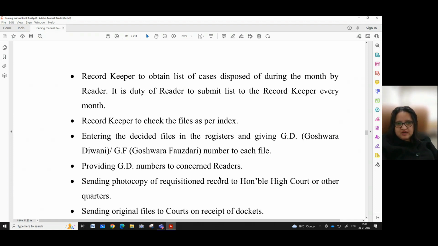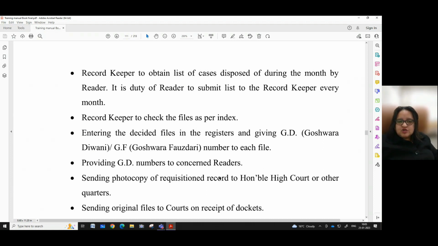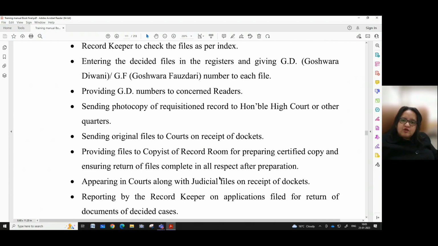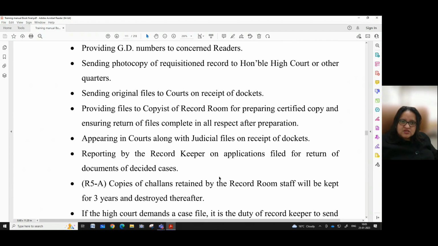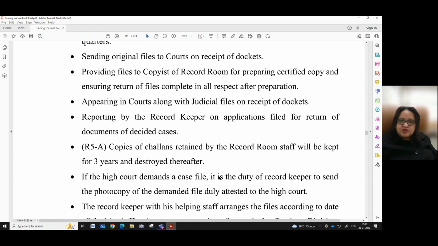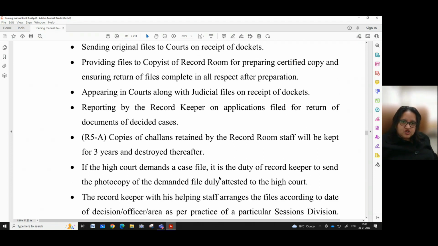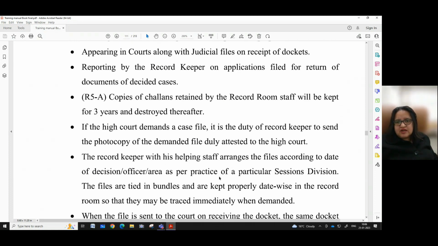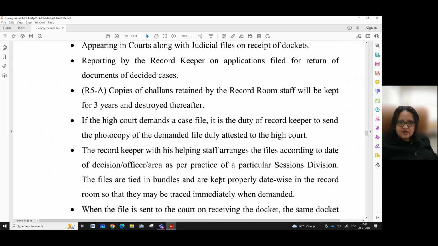The record keeper checks the files as per index, enters the decided files in the registers and gives a Goshwara Diwani or Goshwara Faujdari number to each file, provides Goshwara numbers and Diwani numbers to the concerned readers, sends photocopy of requisitioned record to the Honorable High Court or other quarters, sends original files to courts on receipt of dockets, provides files to copyists of the record room for preparing certified copies and ensures return of files complete in all respects after preparation, appears in courts along with the judicial file on receipt of dockets, and reports on applications filed for return of documents of decided cases.